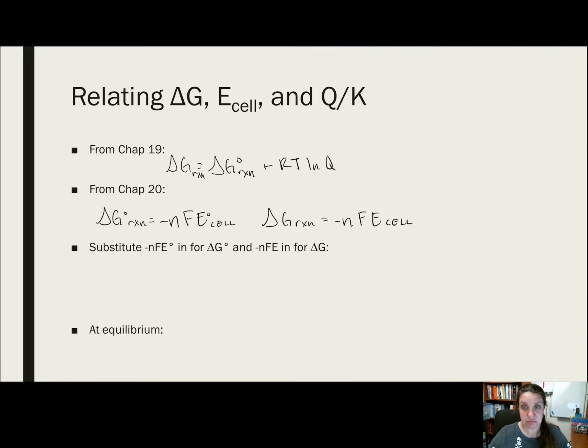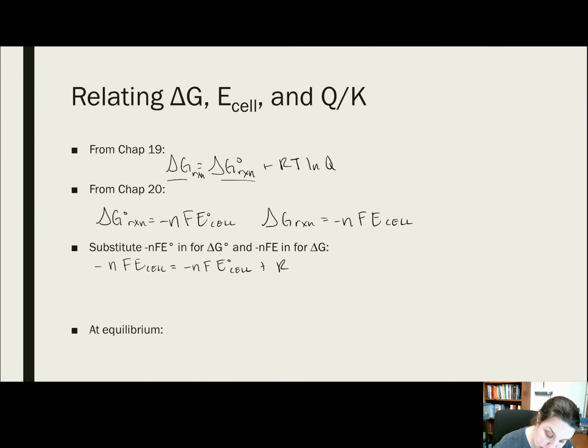So taking this and Faraday's constant, we're going to replace these two pieces of our equation, and we get negative NFE cell is equal to negative NF E naught cell